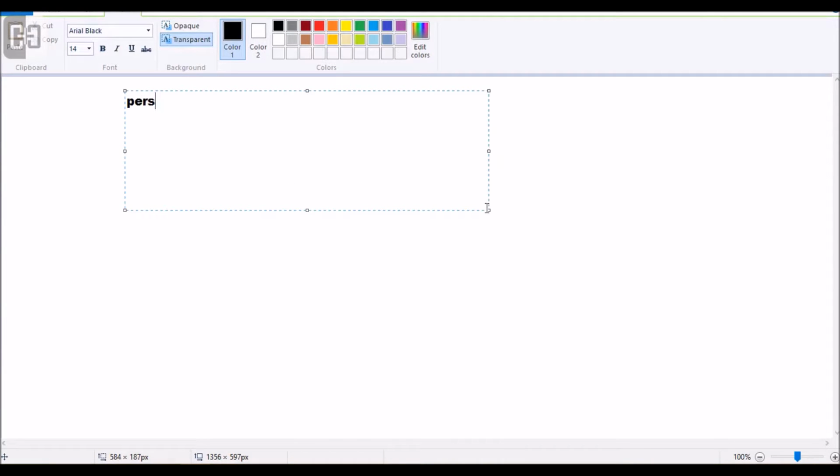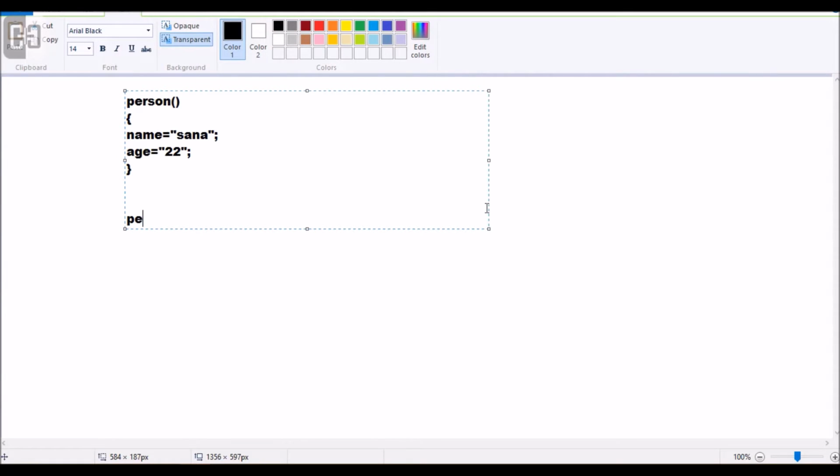So Person, and within that some name is equals to something like Sana, and age is equals to 22. So now I have closed this constructor.